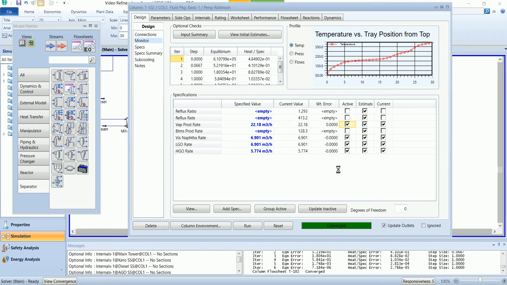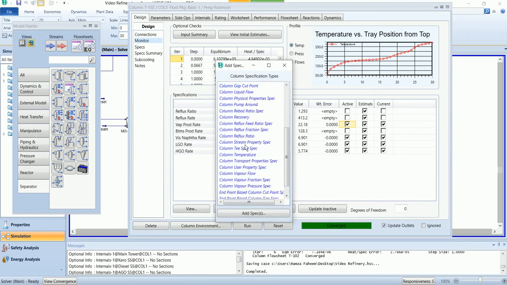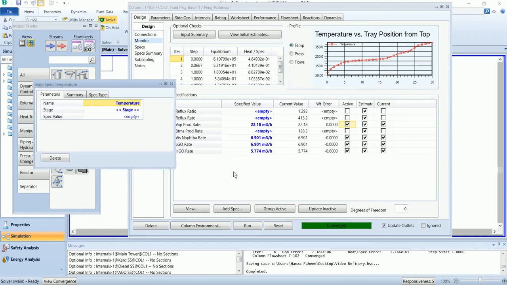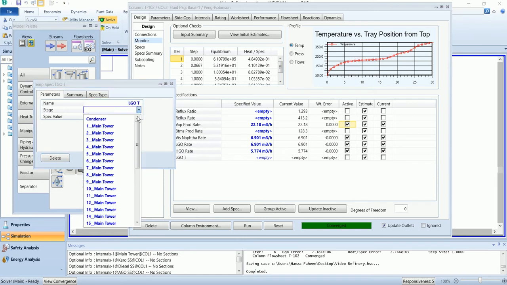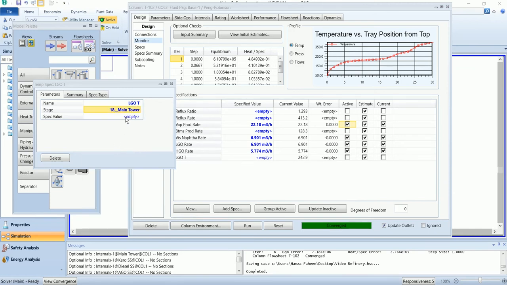So it has converged, same as the other two towers. Now we will add the set points depending upon the temperatures. LGO draws from stage 18, so the temperature would be